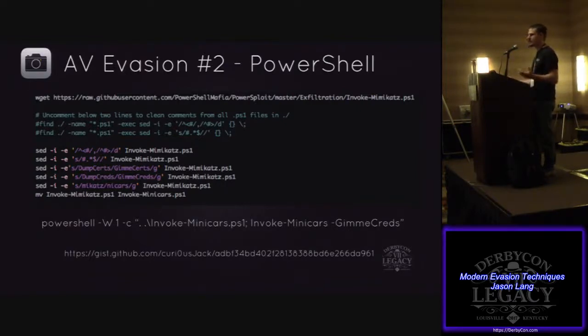I use this all the time. This worked as of SEP 14 on my last engagement. So Invoke-Mimikatz gets picked up by just about everything now. However, this is really all you have to do in order to make Invoke-Mimikatz work against your EDR,